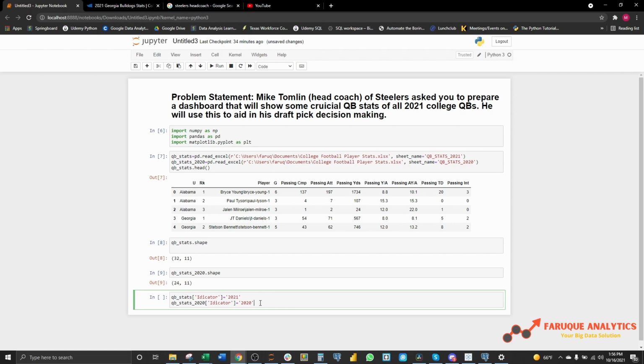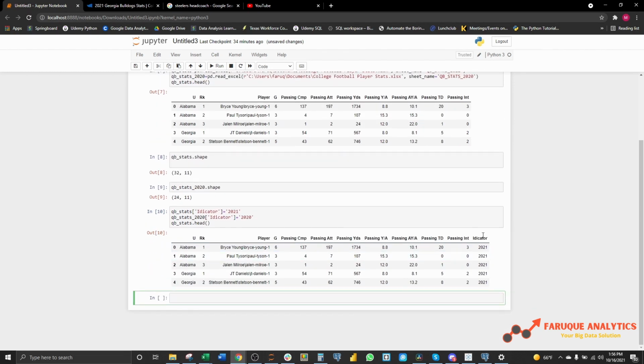And when I have that, I want you guys to also see what it's creating. So head, and now you can see that column has been added. We're gonna go ahead and now append the two tables using the append function, QB underscore stats equal. Once you append, this is the name that I want that new data frame to have. You can have 3 data frames: this is the new one, and then the 2 others. But for simplicity's sake, I want my things to be combined into the same one. So stats dot append,